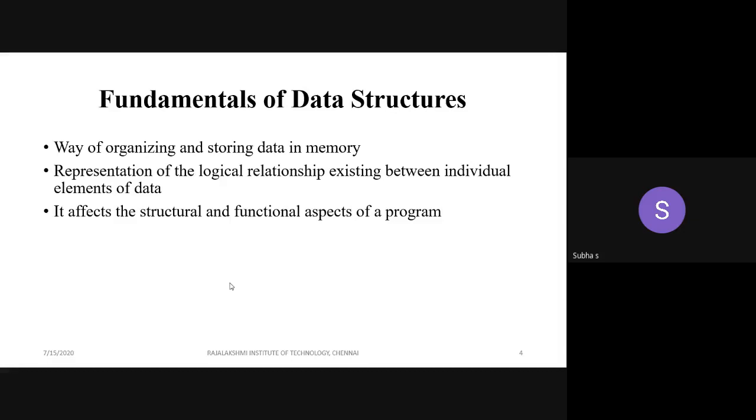It gives the logical relationship between the individual elements of data. That means data can be determined by many of its characteristics: how the relationship exists between the individual data, one data to other data. That can be represented using the data structure, and it mainly affects both the structural and functional aspects of